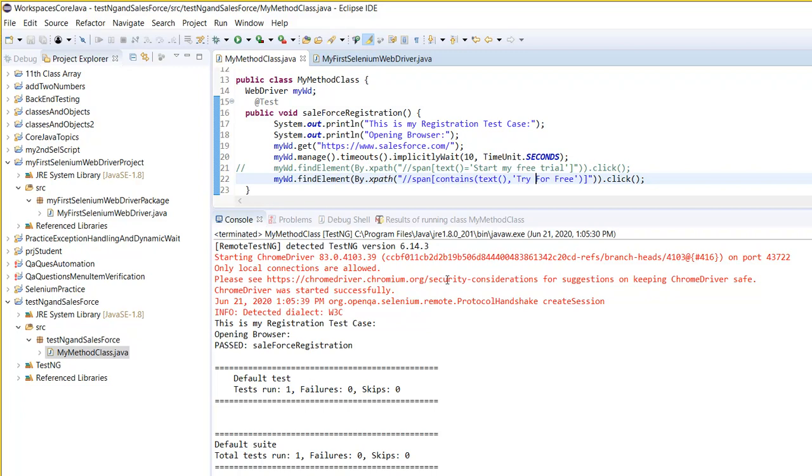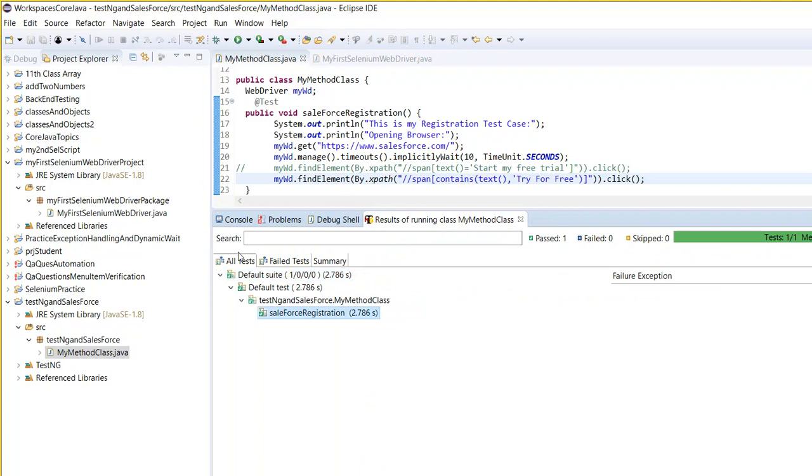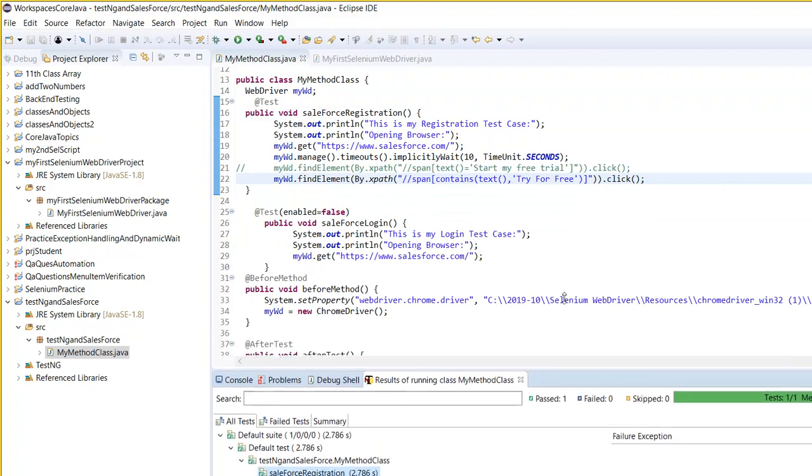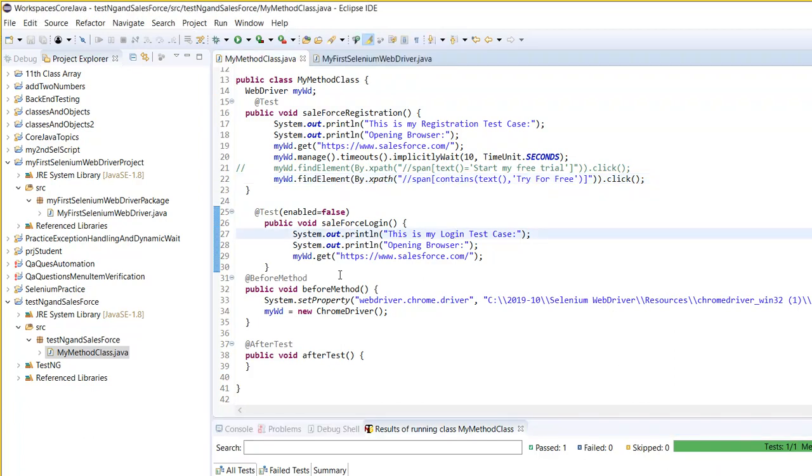Now let me see. If you take a look here, how many test cases executed? One, because the other test case we have disabled. So this is like in testNG. One other thing you notice is that when you are using testNG, you do not have to have a main method. I don't have any main method here. And another thing you notice is that every time it is opening the browser. So after test, you can put something here,